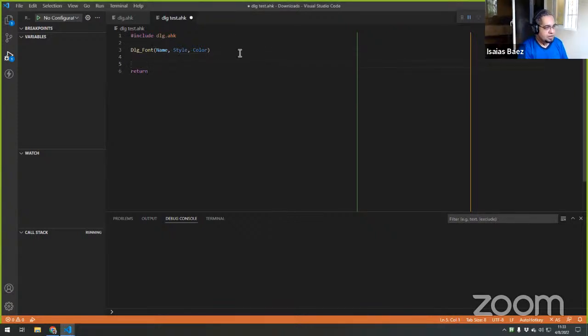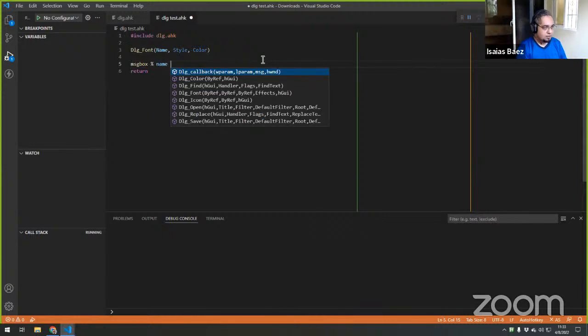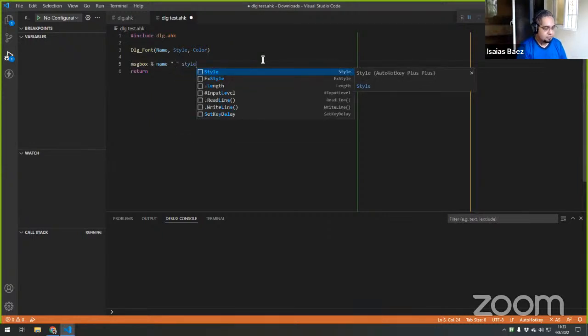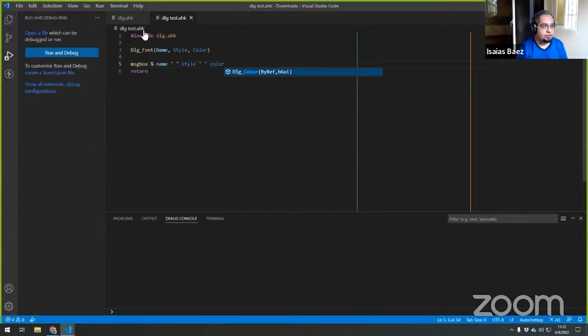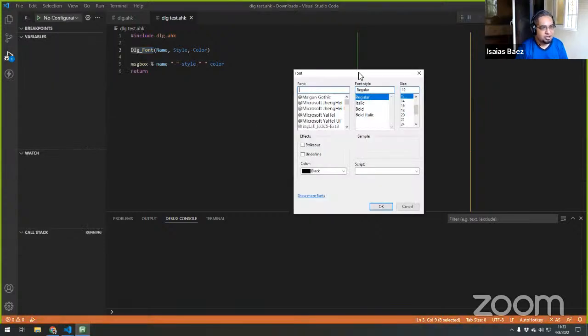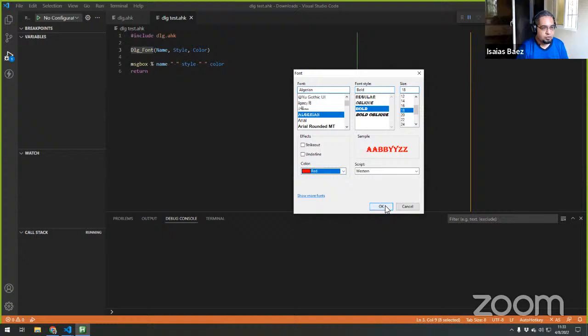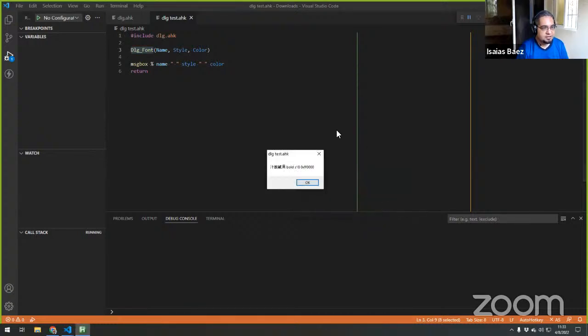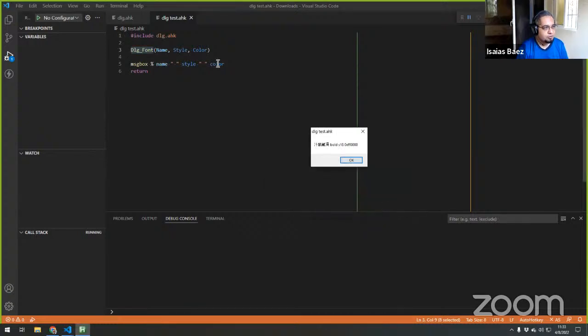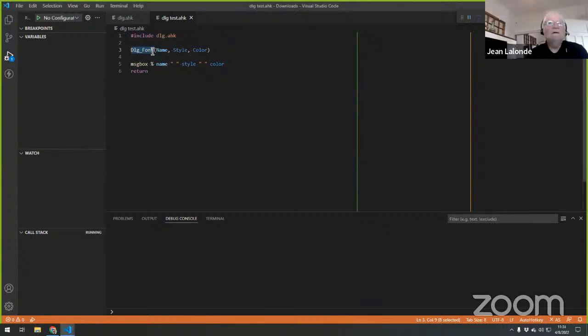Yep. So basically, just by using this function, this is what is going to happen. When you call the function, it brings this dialog, which is the original Windows dialog for this. It allows you to pick a font and a color, and when you hit OK, this is saved into those variables here. Now, I'm not really sure what happened here with the font name. Yeah, Unicode characters maybe, or very likely.